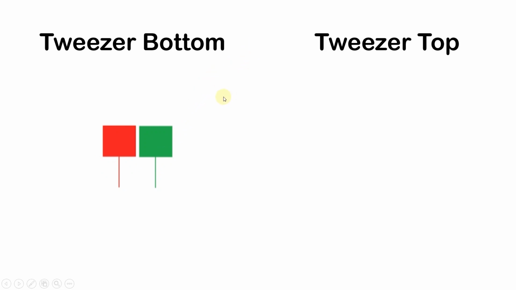So next candle is a tweezer bottom. This type of candle is very similar to the hammer, right? But in this case, we can see two hammers together. What it actually represents is that the lower prices are not only rejected once, but twice. So this is a bullish pattern, and you can see the bullish reversal from here. The opposite of this candle is a tweezer top. This shows that once these candlesticks are formed, we can see the downward price movement from this place.